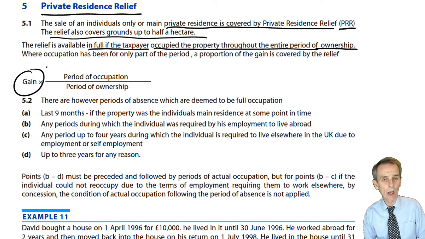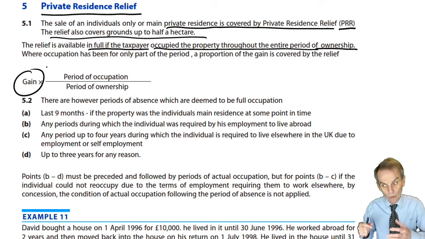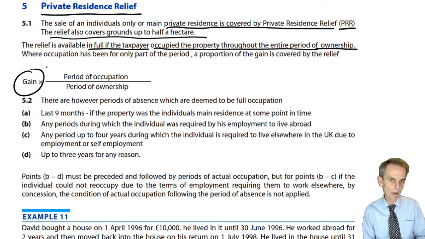Was there any enhancement expenditure? Again, during the period of ownership, have you enhanced, not simply repaired, that's revenue expenditure, but you've had capital expenditure? Yes, you put a kitchen extension onto the property. You have built an extension to the property, like a conservatory, or built a garage or whatever. That would be capital expenditure, all of which would be allowable expenditure to then deduct from those net proceeds to